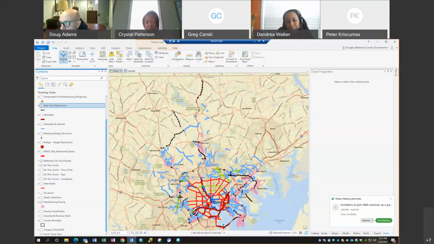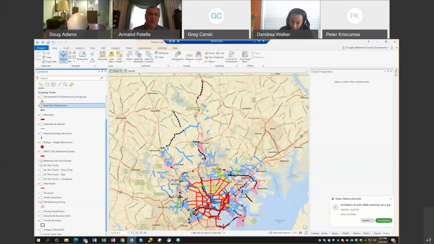Well, I think it's applicable if you're looking at the truck routes within Baltimore County. For convenience, it's great for a company to go to one place, specifically the county that you're going to operate in, and have a map of all the restrictions. In this case, the state's as well.